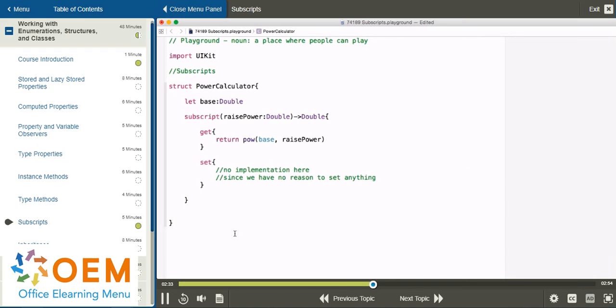Let's go ahead and attempt to use it. I'm going to create a constant here of type PowerCalculator. You can see I'm setting my base as 3. So now if I want to see what 3 raised to the power 4 is, I can use my subscript setup by calling my instance, myPowerCalc, and then passing in square brackets my value. This 4 is going to be passed into my subscript as raisePower,